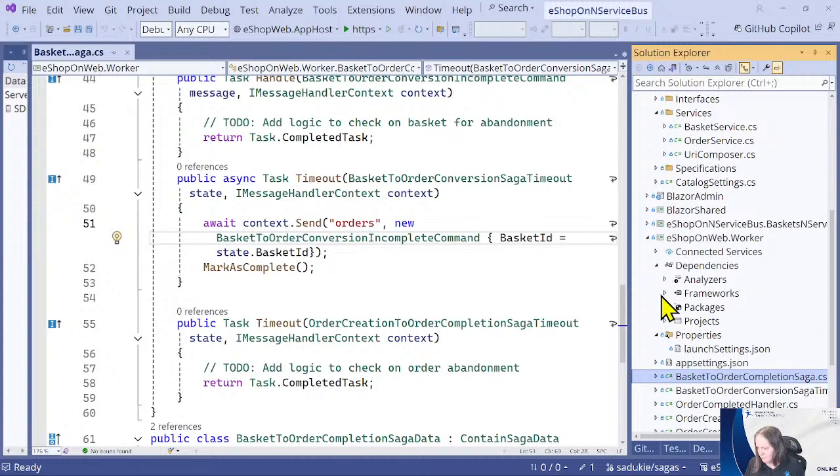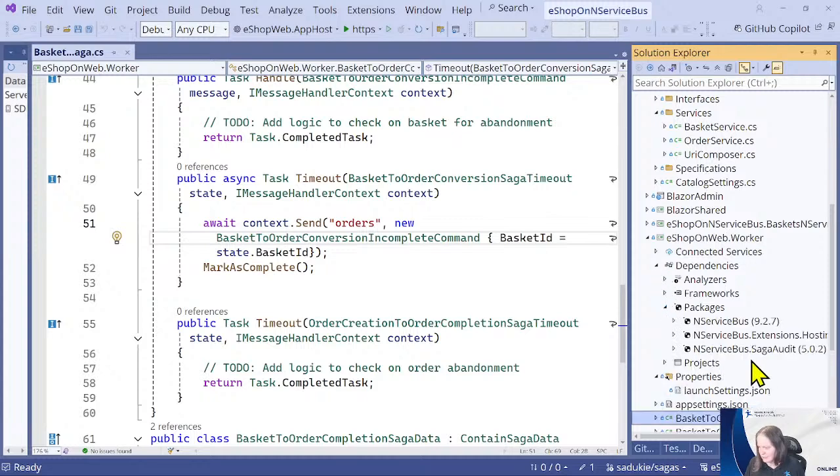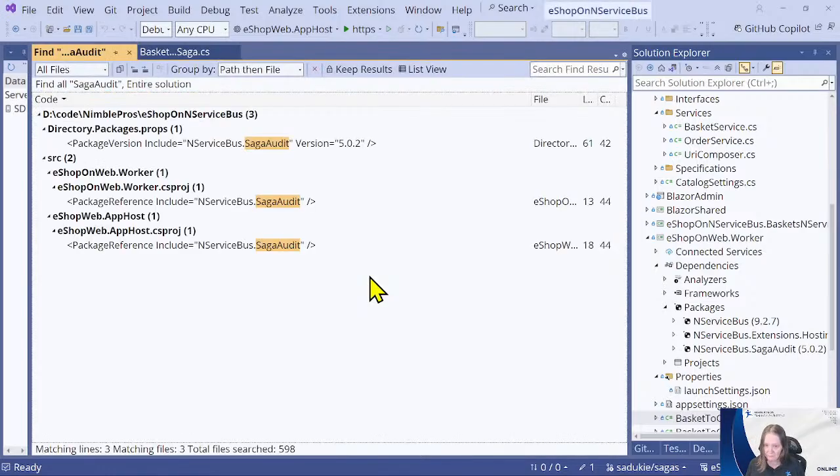Let's go look and see our dependency packages. NServiceBus.SagaAudit, which I have in the orders worker, for SagaAudit, just in the code.